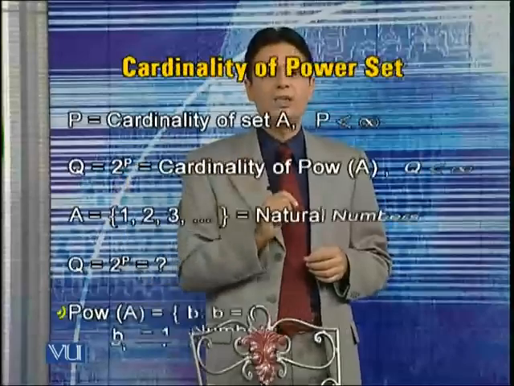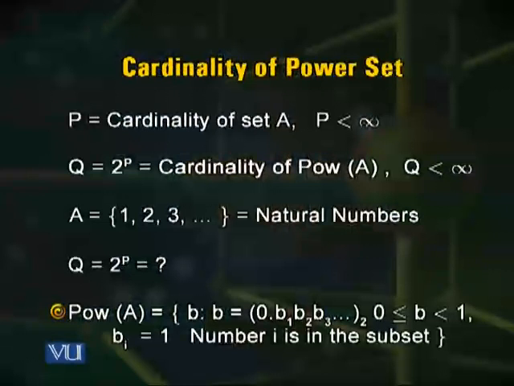It is 0 point, then elements of this number. As you will see on the slide, this number is 0 point B1, B2, B3, B4, B5, B6, and so on and so forth up to infinity. What these B1, B2, B3 represent is whether the corresponding element in the natural set is present in the subset